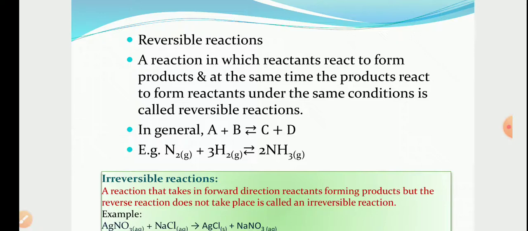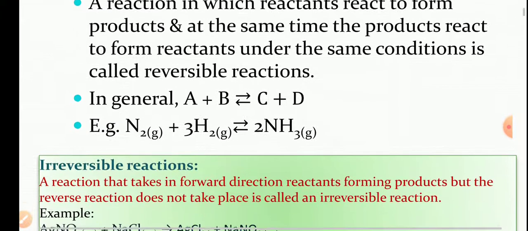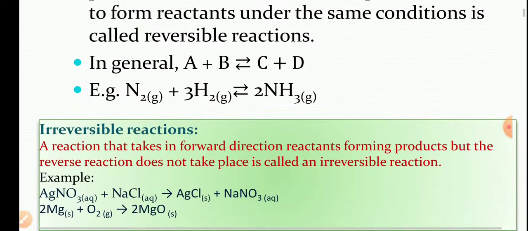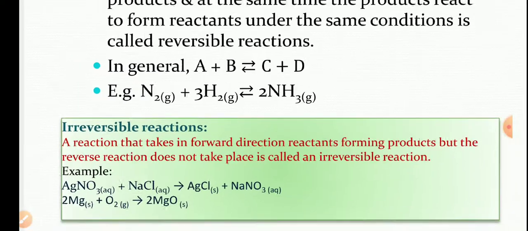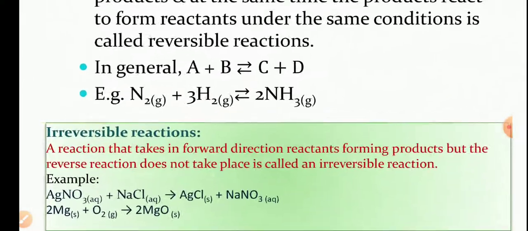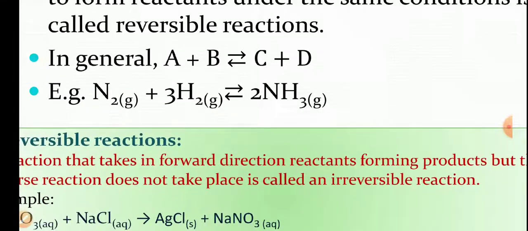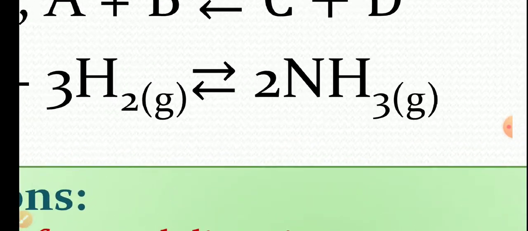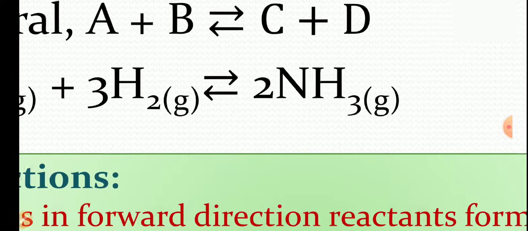If you take a real example, nitrogen and hydrogen react with each other and form ammonia, but simultaneously it is possible that ammonia will be broken down and form nitrogen and hydrogen. Both things are possible. So in that case, this reaction is under equilibrium, and the equilibrium sign is represented by this double-headed arrow, opposite double-headed arrow.